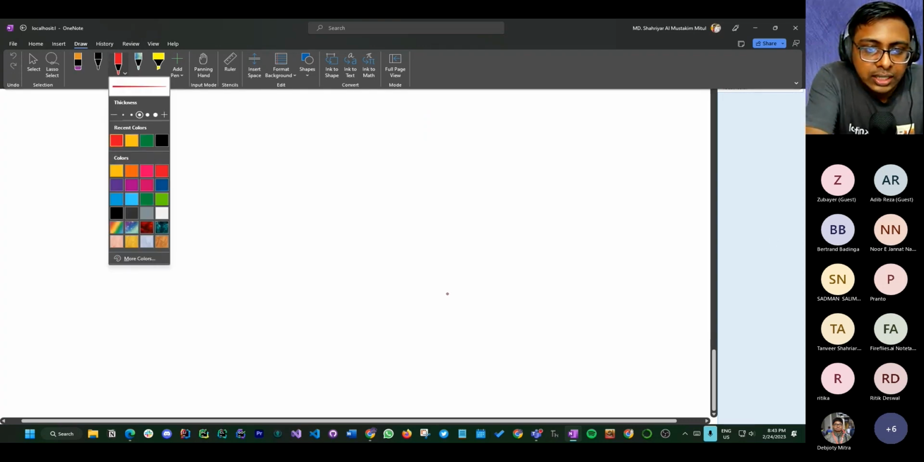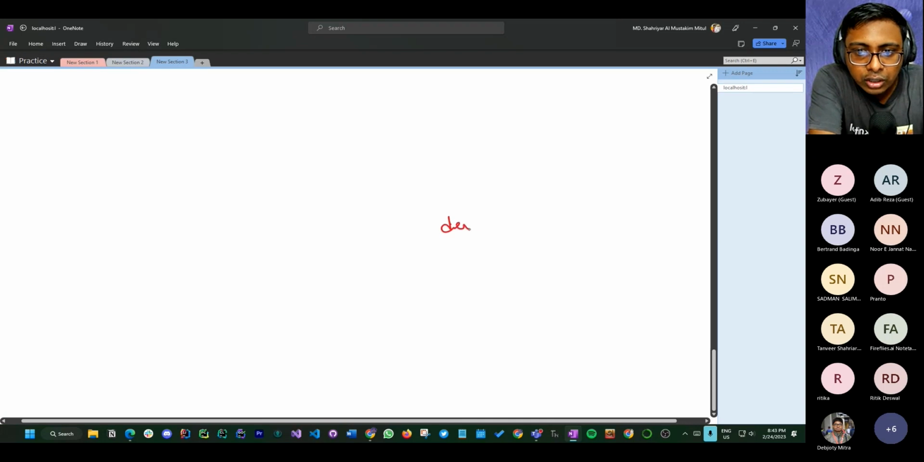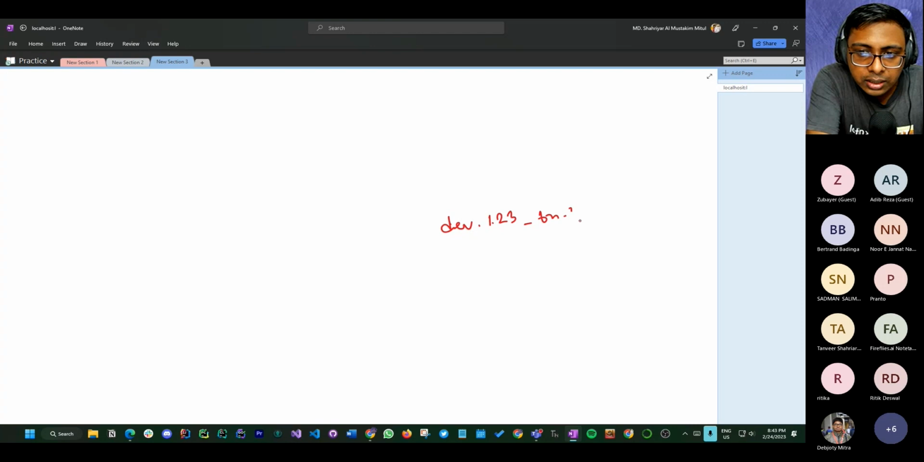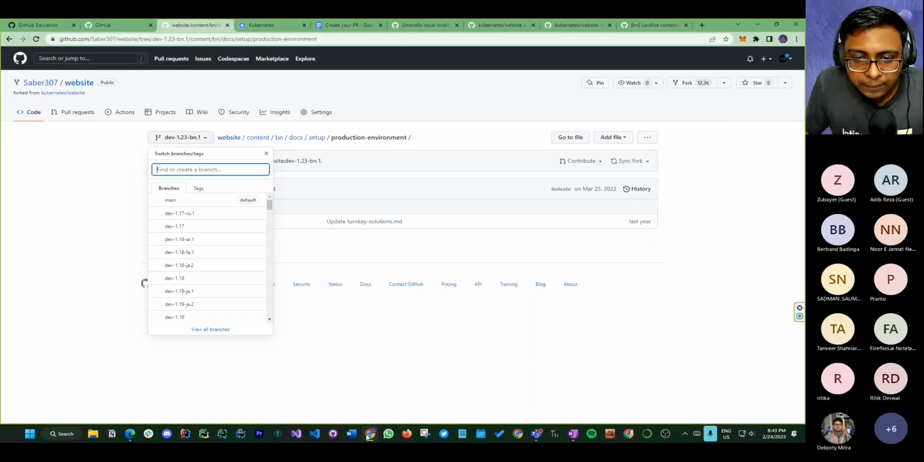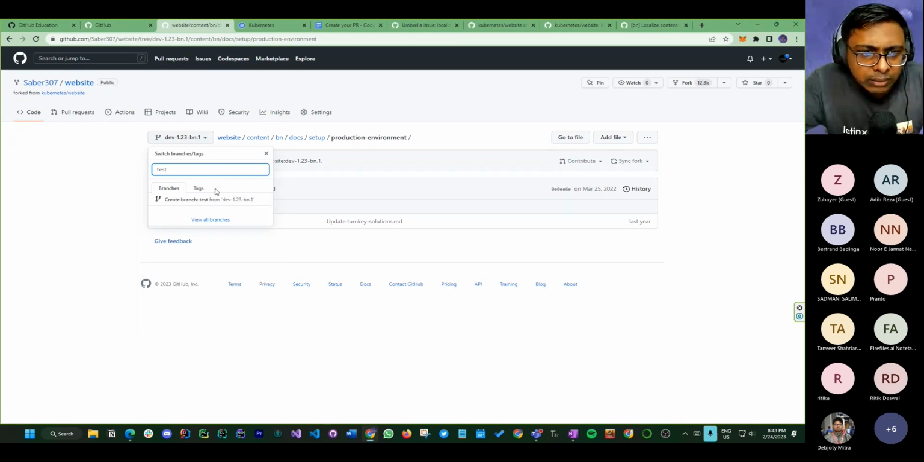Okay, so you can see the dev 1.23 bn.1 branch. When we are going to create another branch, just for a test, I am going to name it test. This branch will basically copy this one, the dev branch, and let me show you what happens. Okay, so let me create, I think, test, but you should give a good name, not test,